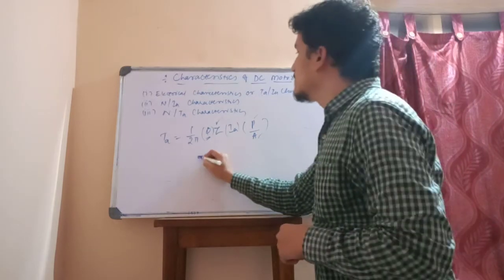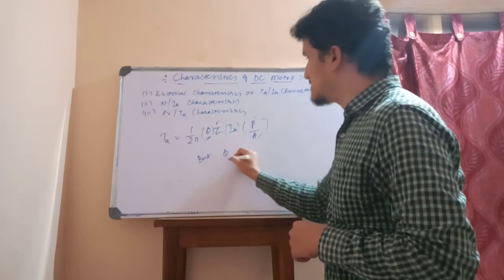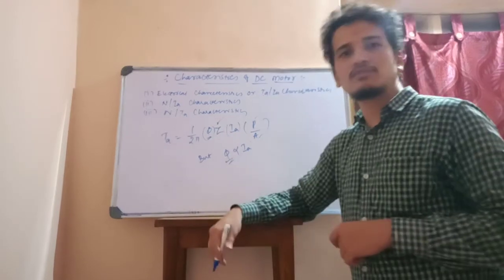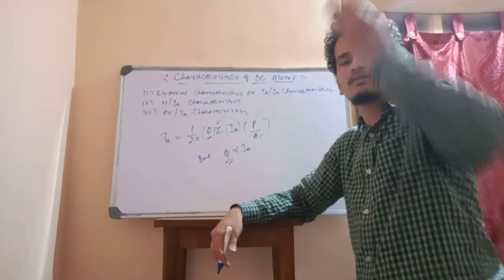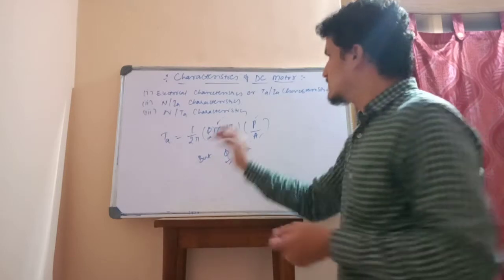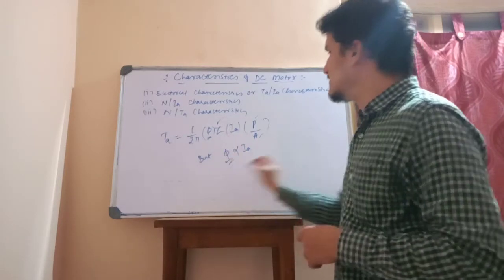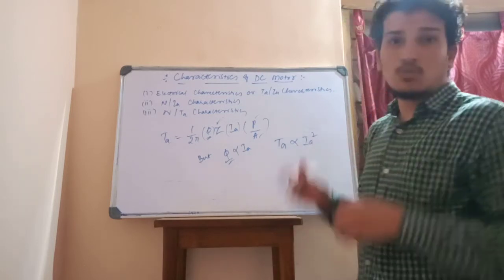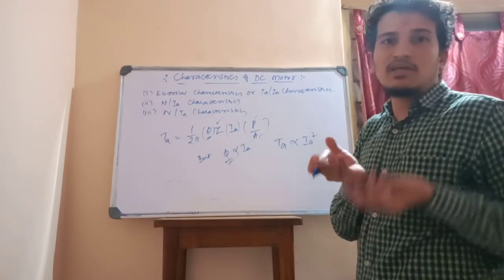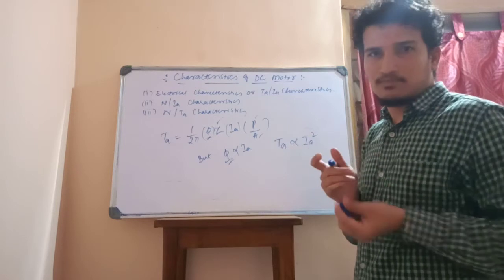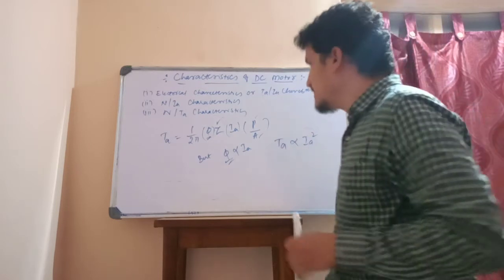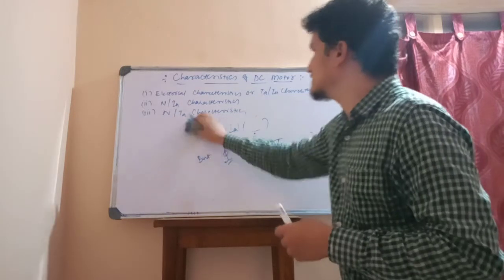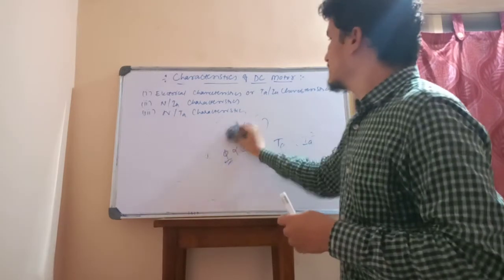But the flux is directly proportional to IA. The flux changes in proportion with respect to IA. If the magnitude of the current increases, flux obviously increases. So instead of phi, can I write IA? So TA is directly proportional to IA square. The TA increases as the square of the load. So the characteristic will be like this.